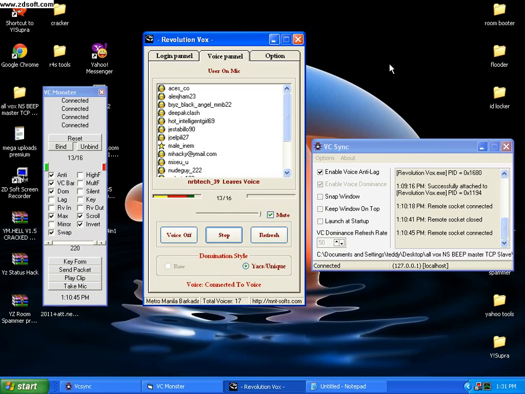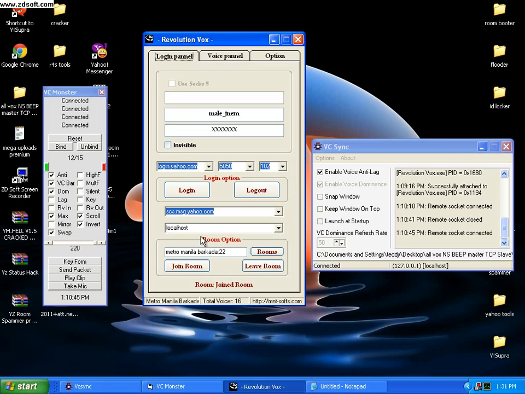And here it is. Tutorial is good. Tutorial is working 100%, and the tutorial is all about you can use BC Monster and BC Syncs in the Revolution Box. Just remember to change the BC server to localhost. Here, localhost. Change the BC server to localhost. Here localhost, and you must click in max, scroll, and invert, and you will have a good strong BC domination.